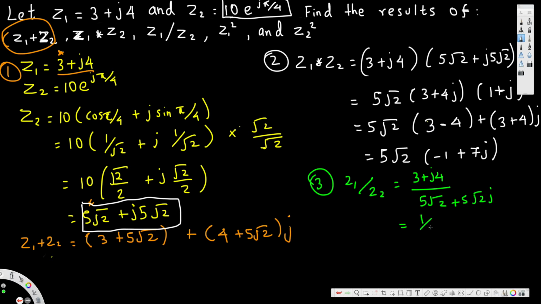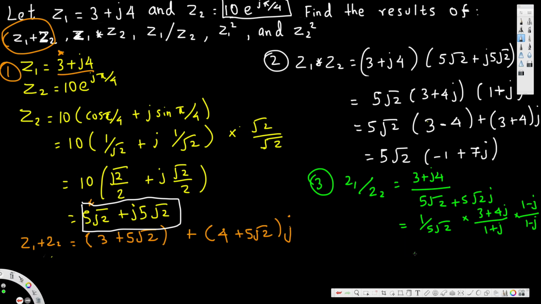That is 1 over 5 root 2 times 3 plus 4j divided by 1 plus j, multiplied by 1 minus j over 1 minus j,